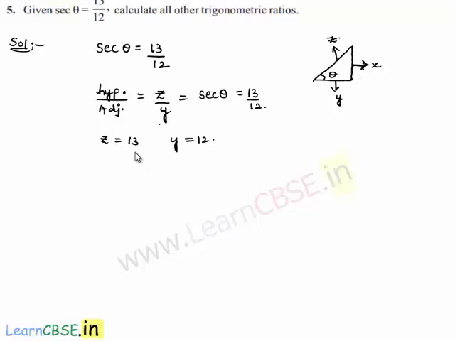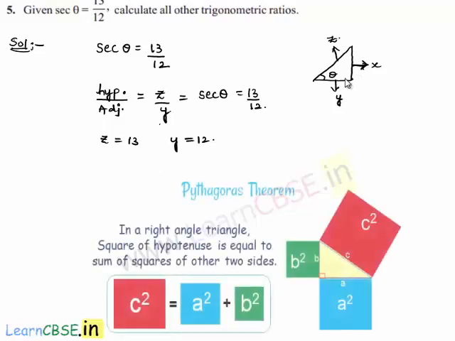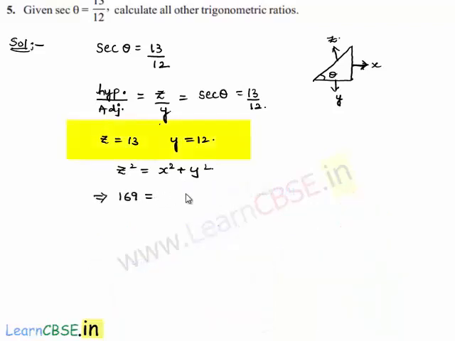is x. Now by applying the Pythagoras theorem to the triangle, we get z square, that is hypotenuse square, is equal to sum of squares of other two sides, that is x square plus y square, which implies z square here is 13 square, which is nothing but 169, that is equal to x square plus y square, which is nothing but 12 square, that is 144, which implies x square is equal to 169 minus 144, that is nothing